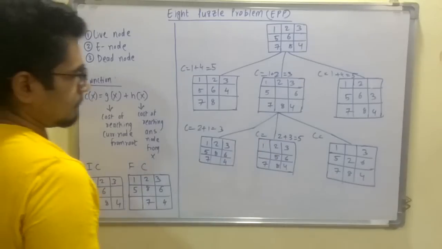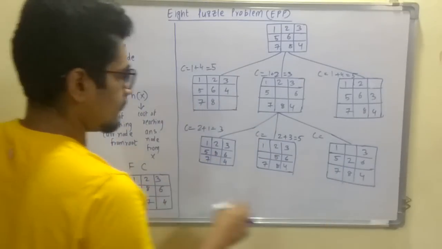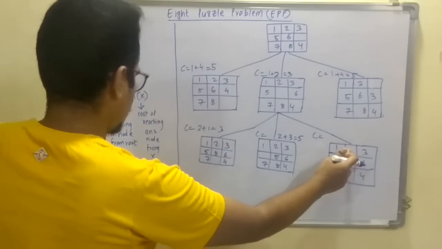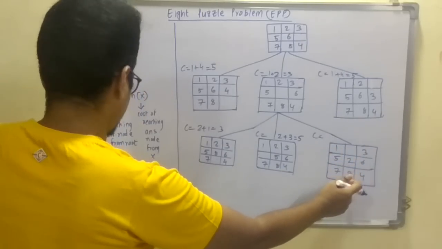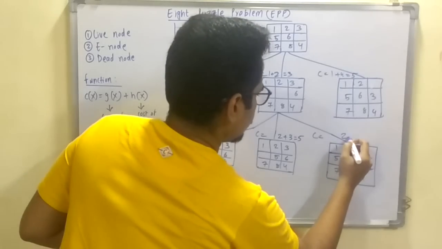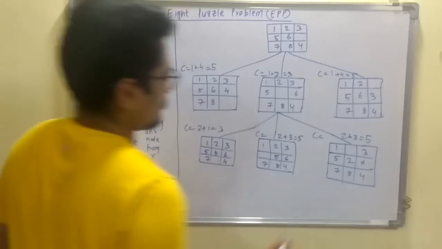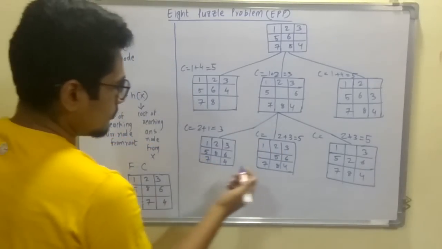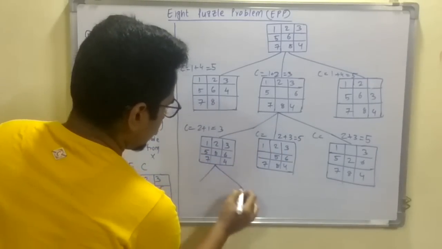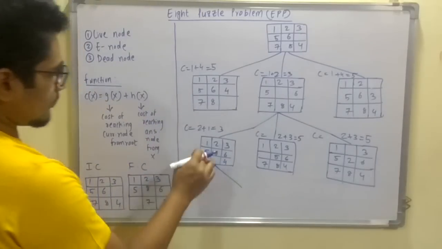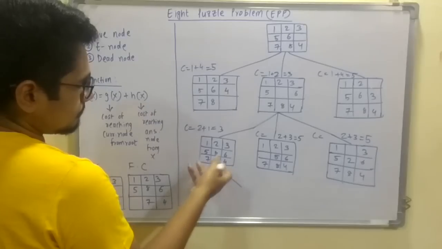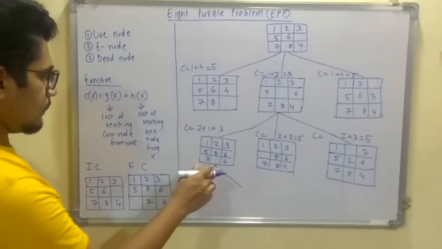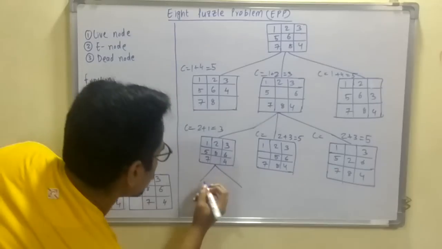of g of x. And then this one is completely different, you need to change this one, 1, 2, 3. Yeah, 3. So it will be 2 plus 3. So this would be again 5. So the lowest cost and the most matching to the final configuration will be this one. So we would be expanding this one. So only two moves, either 7 to the right side of the middle position or 4 to the middle position. So our answer would be moving 7 to this position.